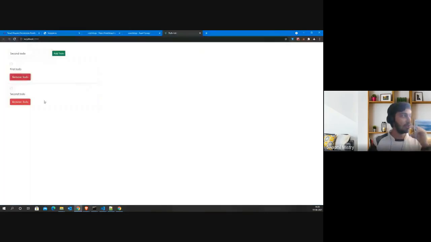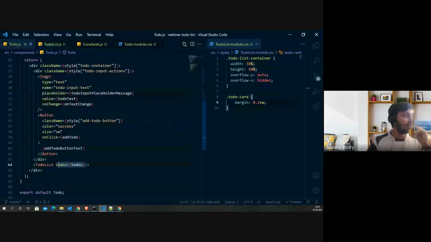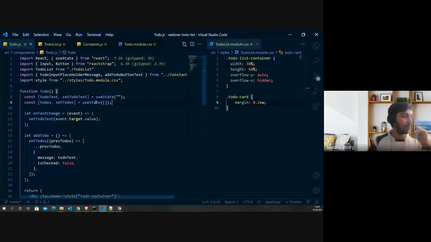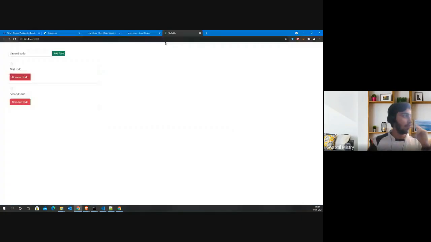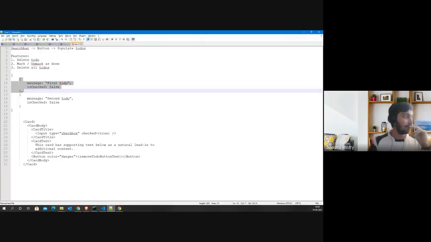So the very first thing to keep in mind is that whenever we are pressing this checkbox or this remove to-do, we are directly updating this state of to-dos, right? So right now if it's not checked, then on clicking on this we want to check this item, right? So how can we do that? We will get the index of this card, and try to update the value which is present in this array of objects.